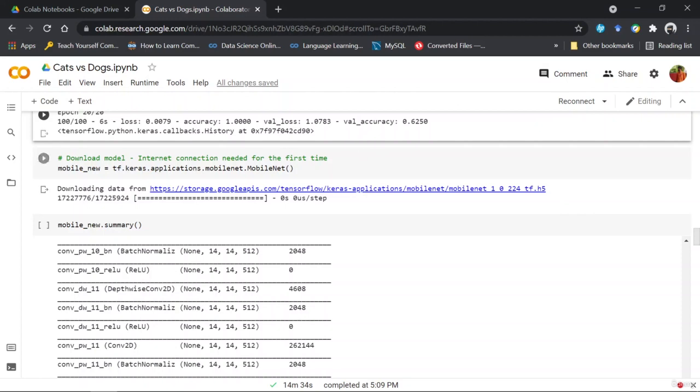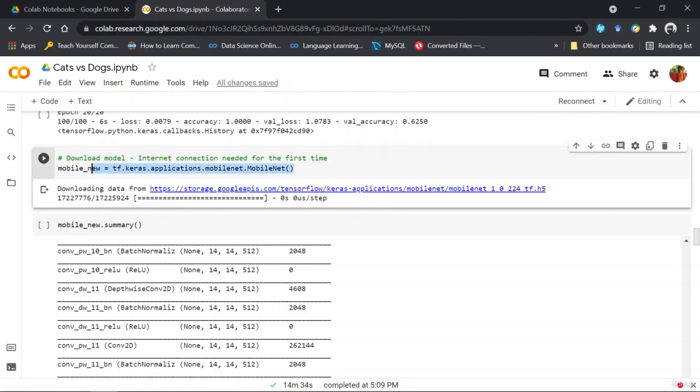So what you have to do is type in this line of code to call in your MobileNet for the first time. What it does is it looks for the TensorFlow library package and inside that finds if there is any MobileNet package or file. If there is not, then it downloads it from its database and then you can start using the MobileNet. So for the first time, you must have an internet connection so that you are able to download the MobileNet